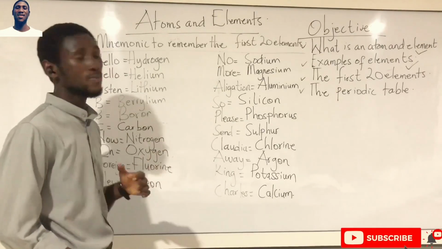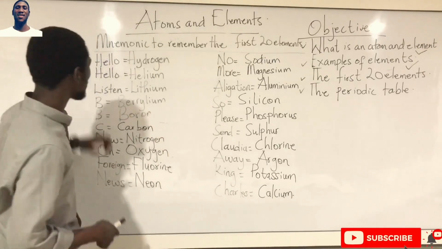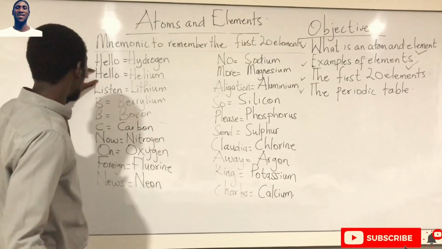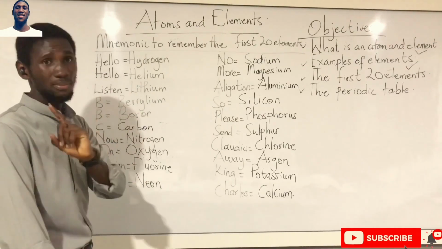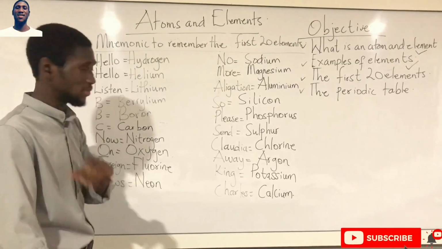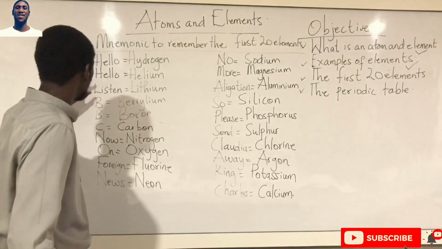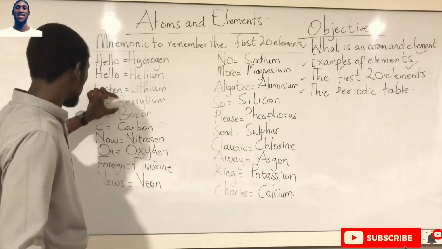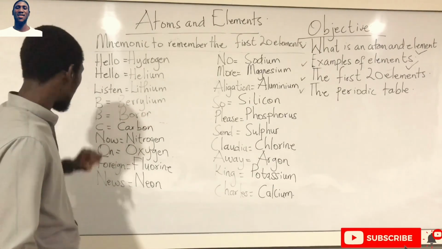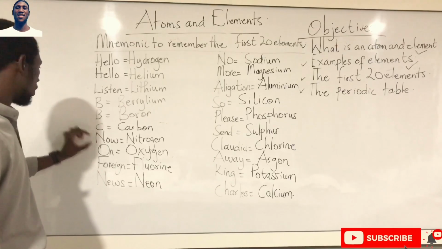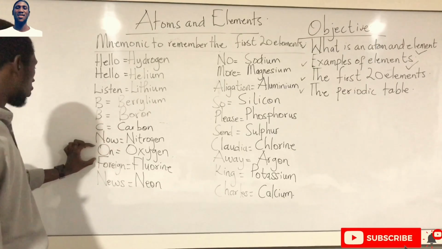Now for these mnemonics, hello stands for hydrogen, the second hello, helium. Just remember that hydrogen is the first element. Then lithium is listen, B for beryllium, next B for boron, C for carbon, then now for nitrogen,